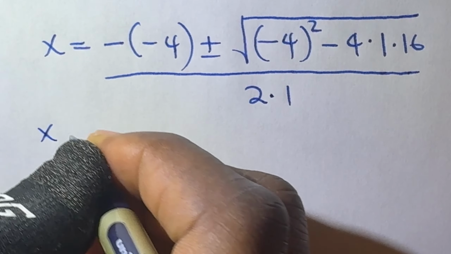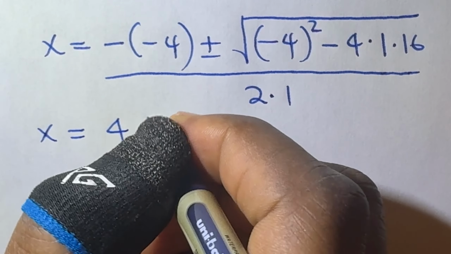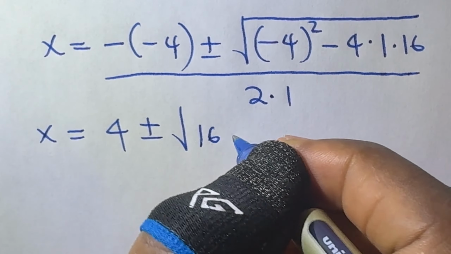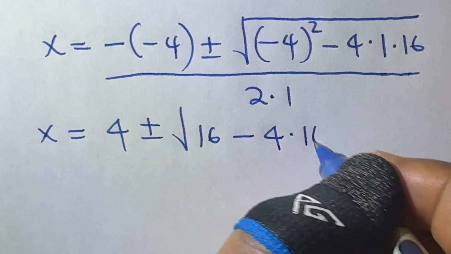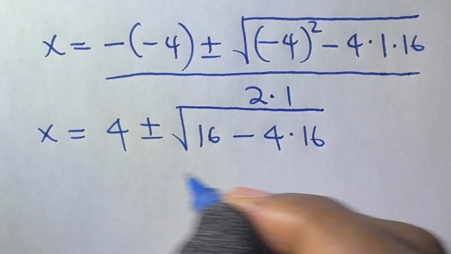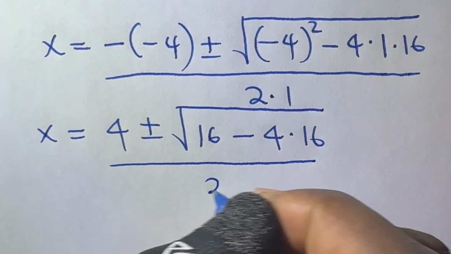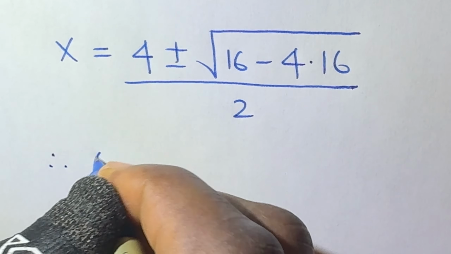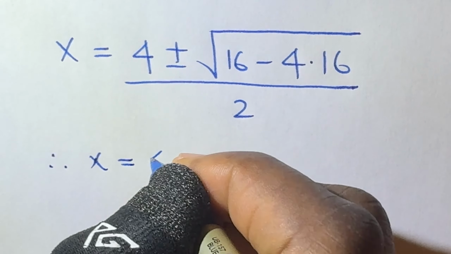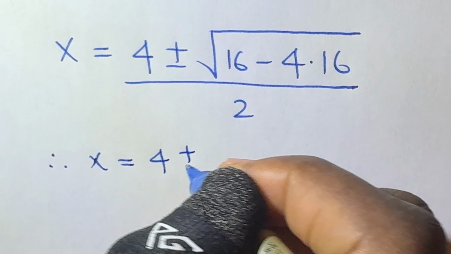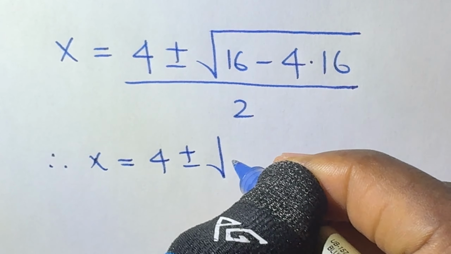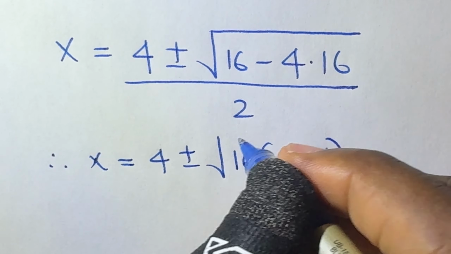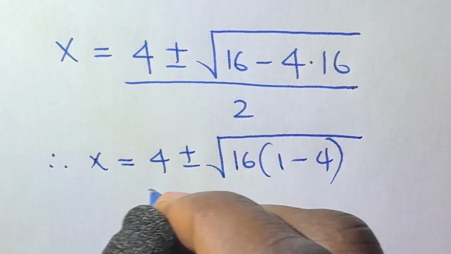Then x is equal to 4 plus or minus, this is 16 minus 4 times 16 divided by 2. Therefore, x is equal to 4 plus or minus square root of 16 into 1 minus 4 divided by 2,